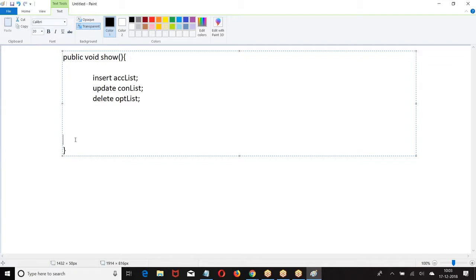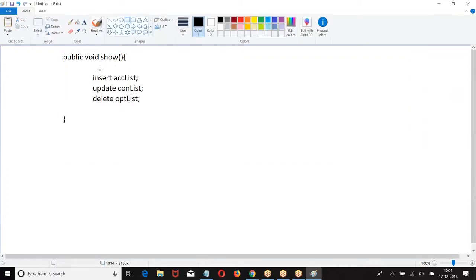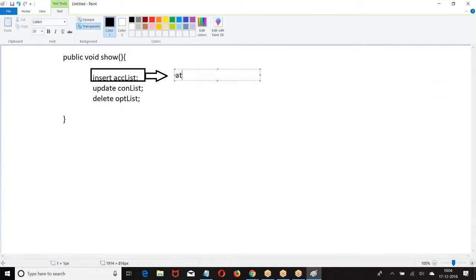Now, is every statement atomic or non-atomic? Now I told insert. This insert will run as atomic or non-atomic.